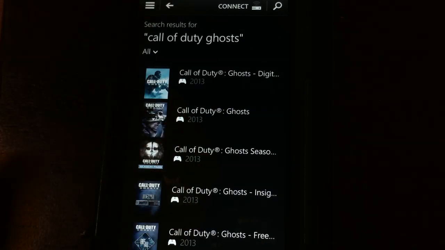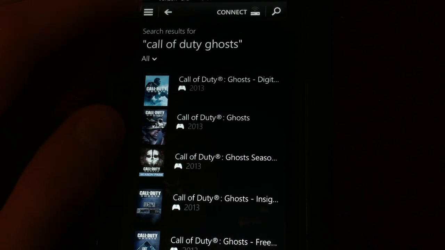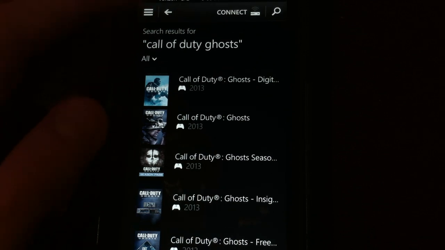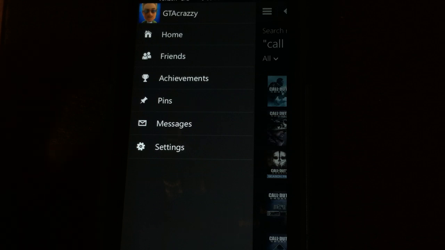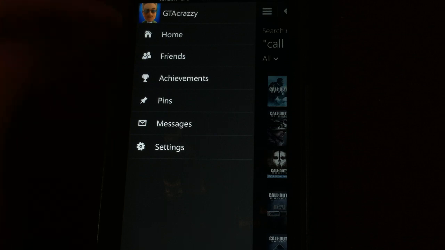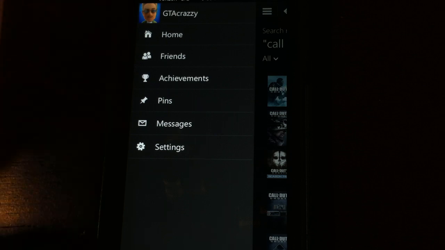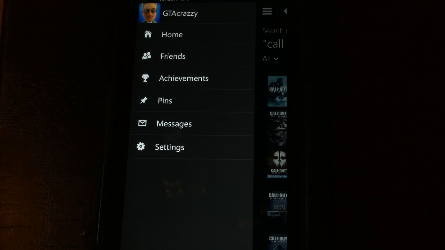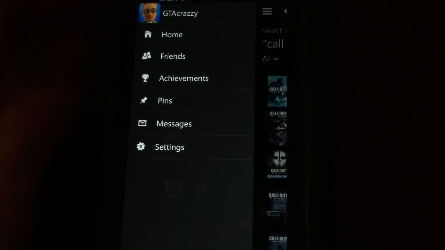But moving on, if you hit this icon up here, kind of like a grab handle sort of thing, you will go to the sidebar where you can go to all the different sections of the app. The first one is Home, Friends, Achievements, Pins, Messages, and Settings, and then your profile, of course. So starting with Profile,